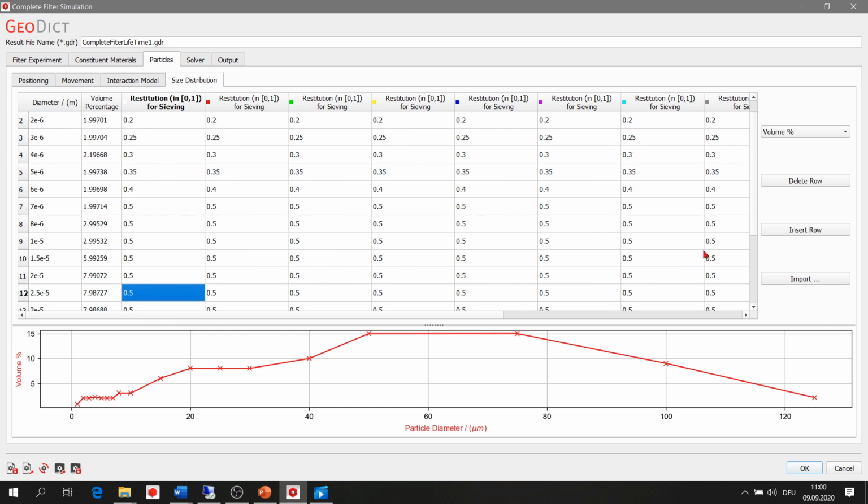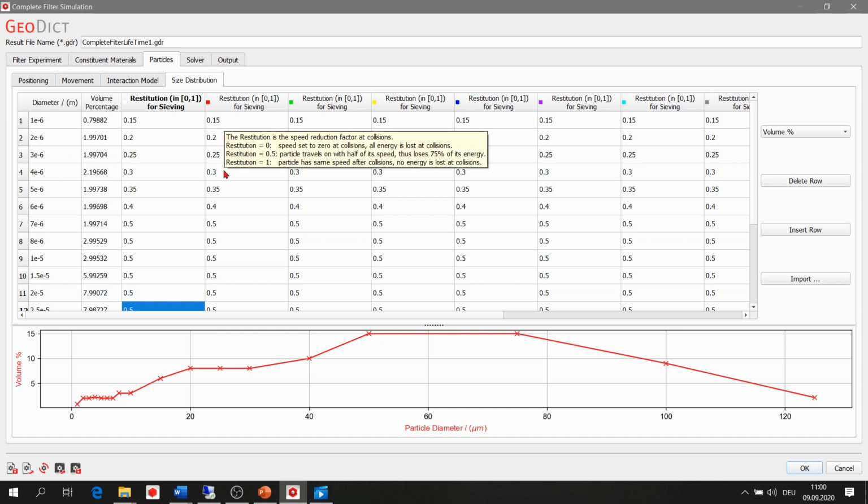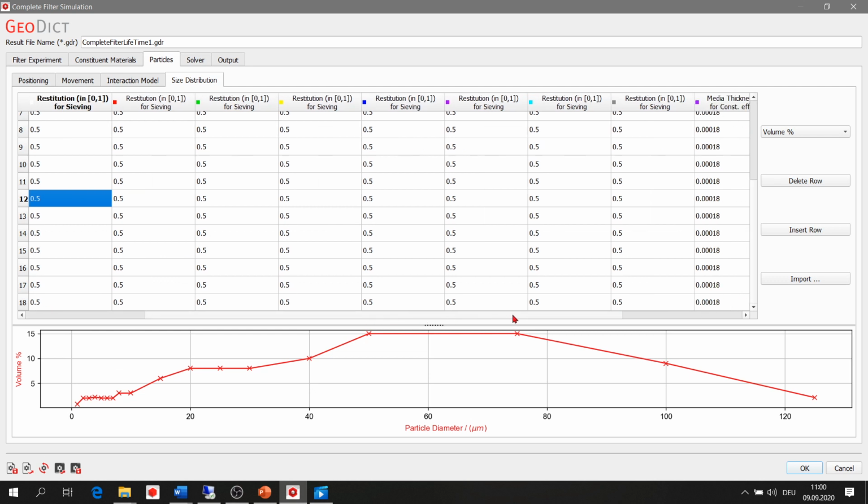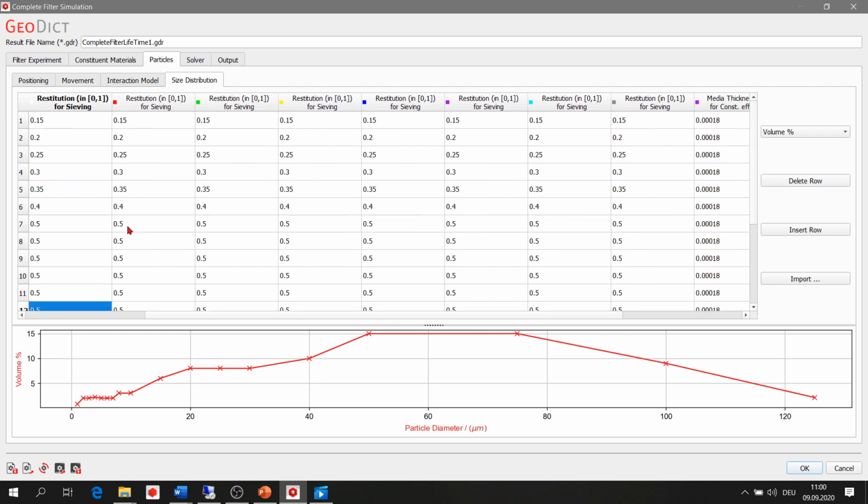So here you have the restitution coefficient for different parts. I just assumed some values starting from 0.15 and then increasing up to a particle size of 7 micrometers, and for the rest I assumed just 0.5. The restitution coefficient means the ratio of rebound velocity to the impact velocity of a particle when it hits a surface.